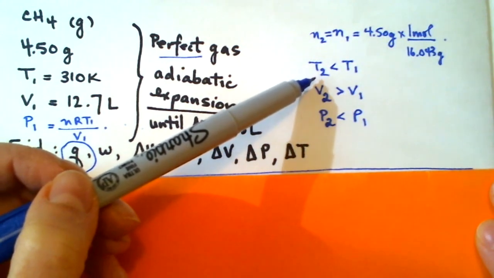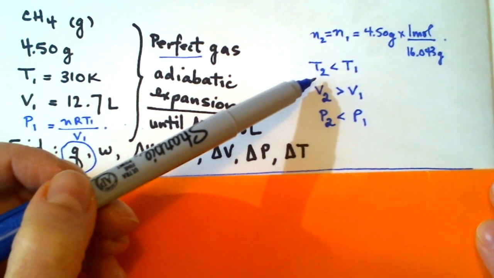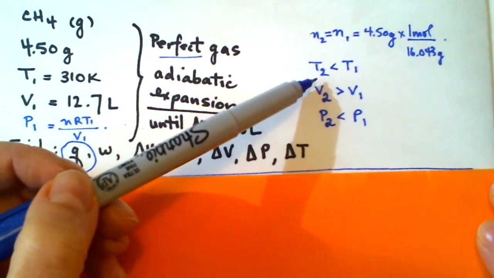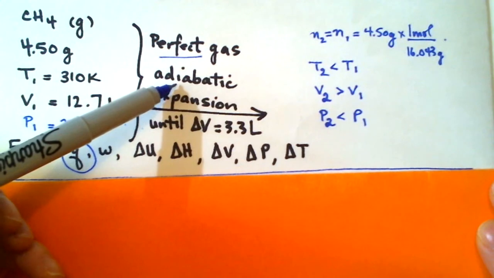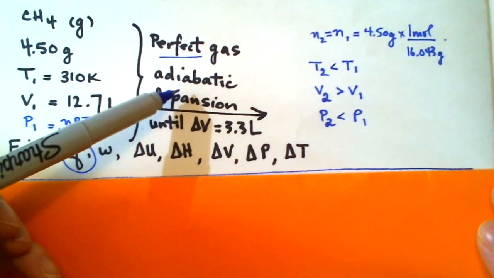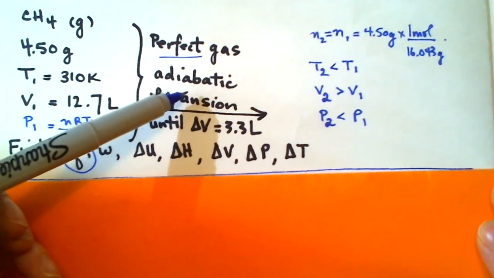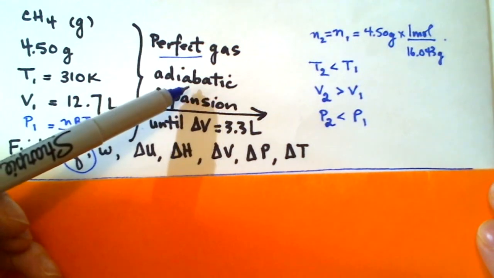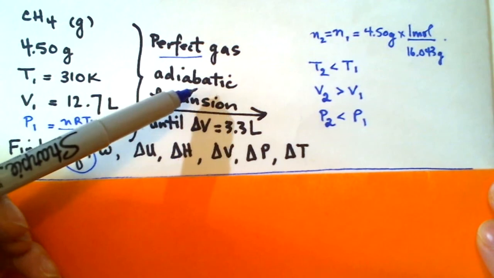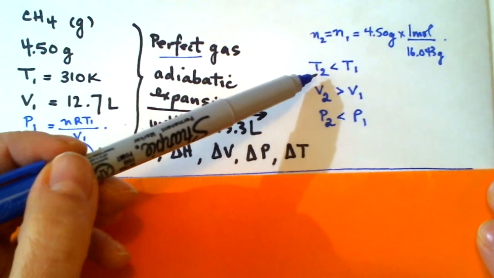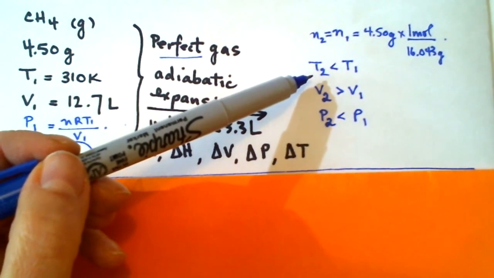Because the gas is expanding, work is leaving the system and going to the surroundings. Work is being done on the surroundings, so energy is leaving the system as work. Because it's adiabatic, that restriction tells us that there is no Q coming into or out of the system. So if work is leaving and there's no Q entering, then there has to be a drop in internal energy, and this is demonstrated in a drop in temperature. The gas cools when it expands adiabatically.